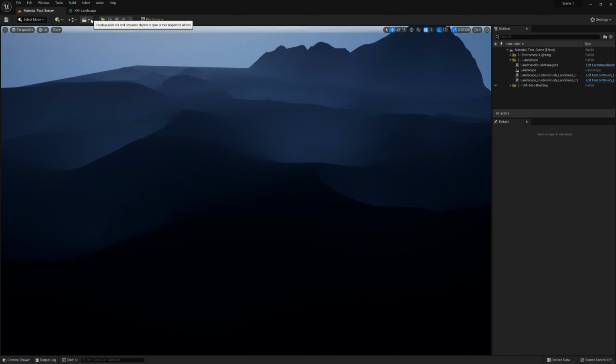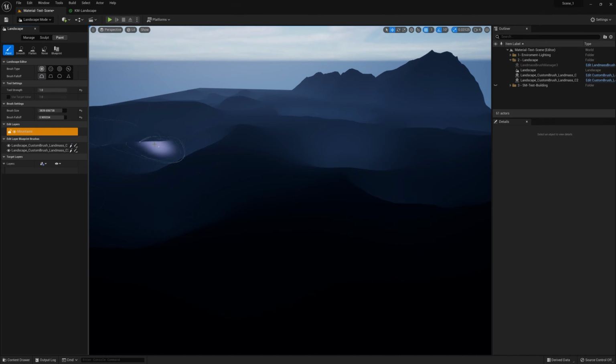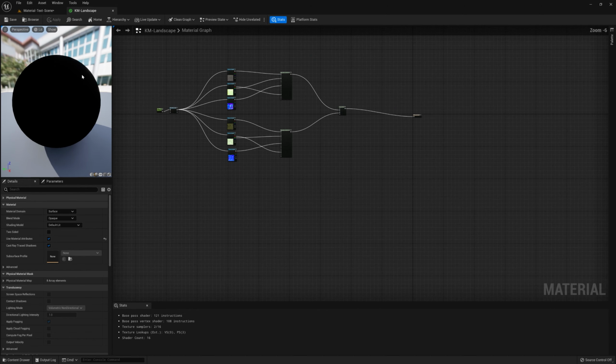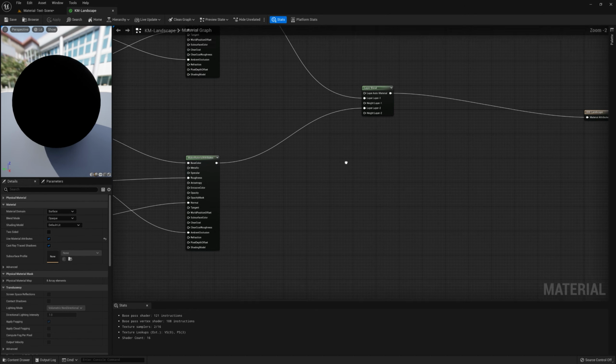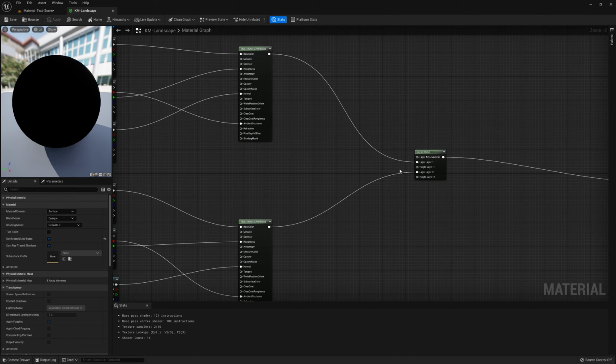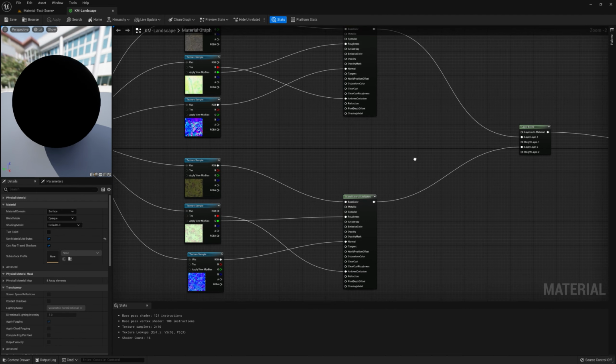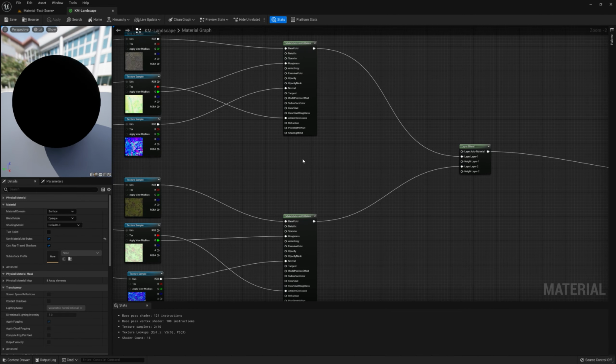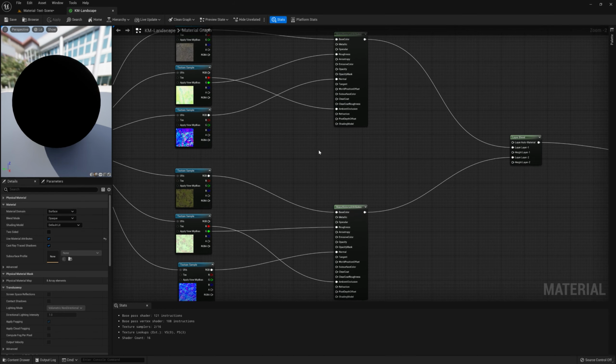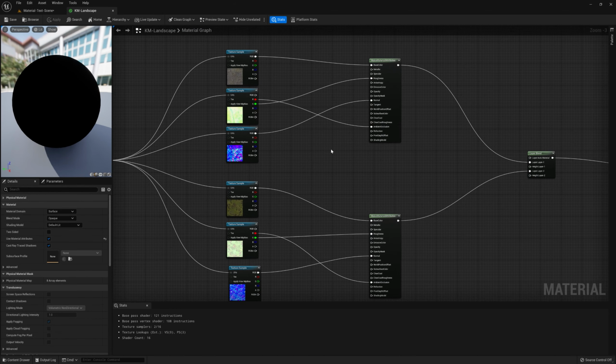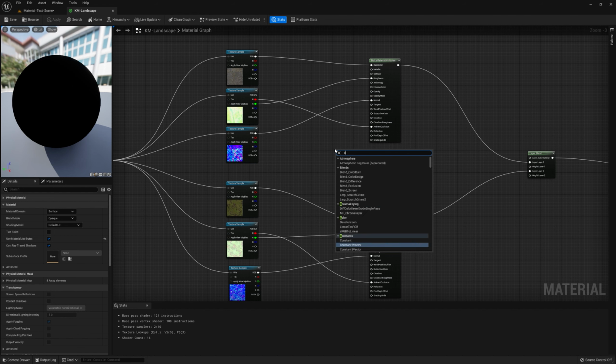So if we press Shift 2 to bring up landscape, as you can see, I've not got my layers in the paint for some reason. They're not showing up. If I go back to my landscape, did I save this? Oh, it's because I need the height. What I'll do, I'll quickly blend these together. We're going to blend these together with a contrast node. So if we right click and put contrast, and we want to choose the cheap contrast node,